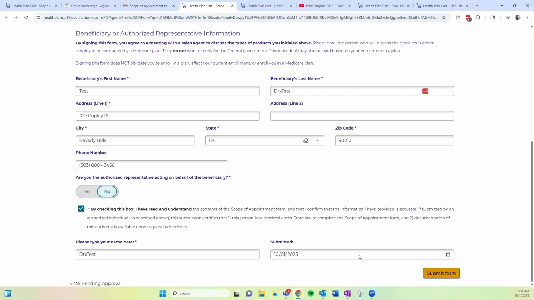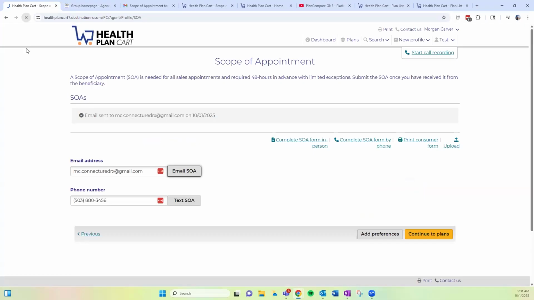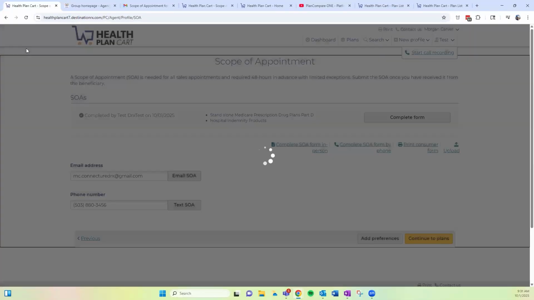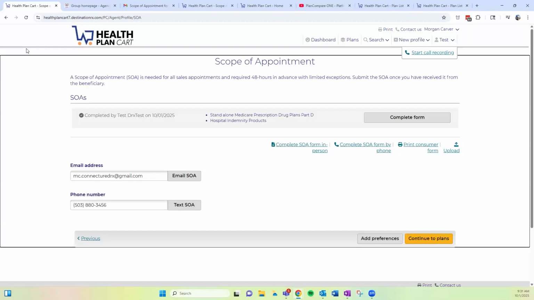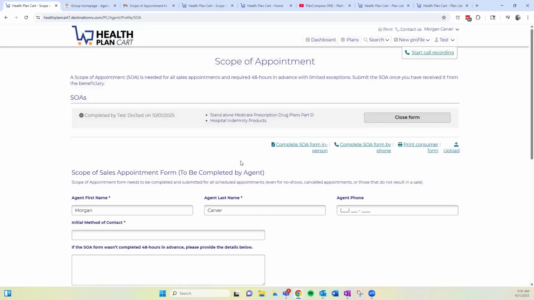Another required question, I'll submit. And now I'm basically seeing the other call to action steps to prepare for my scope appointment with my agent. So next, I'm going to navigate back to the broker site. So we'll refresh the page, and as the agent, see those remaining steps to complete the email form of that scope. So I not only have the status to see that it was created or completed rather, but then I can jump to see the summary here, or I can go directly into completing the form,